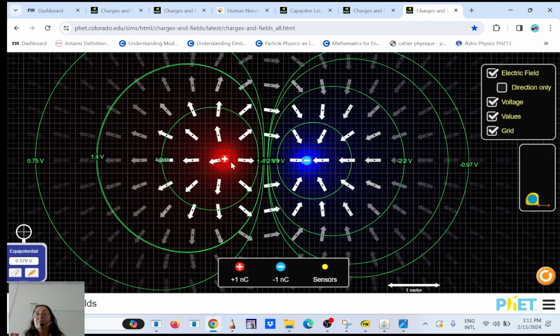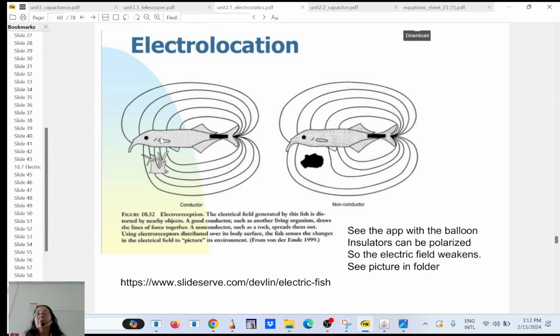So you see the electric field goes from plus to minus. It has this configuration. I'm not sure how it's doing it, but it's like a dipole. With this electric field, it can probe its environment. So if it's something good to eat,